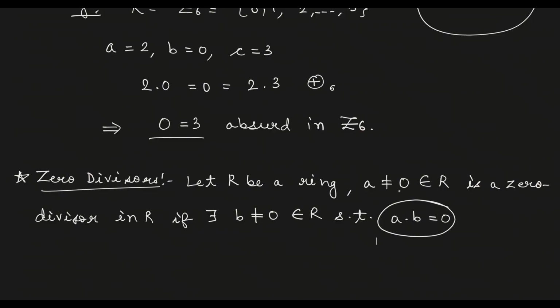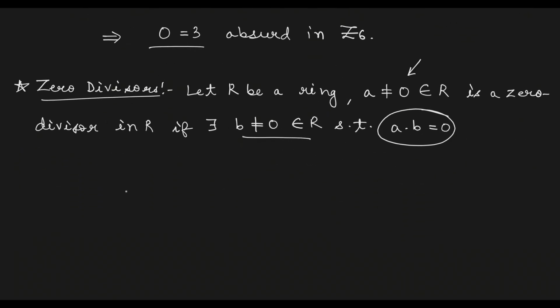I have picked a non-zero element from ring R. It is called a zero divisor if there exists another non-zero element in ring R such that their multiplication is 0. For example,